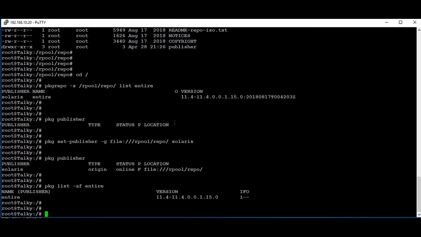So that's it, guys. Now we have an idea of how to build a repository in Solaris 11.4. In the next tutorial we are going to see how to upgrade the SRU in Solaris 11.4, and I am going to do the live upgrade of the SRU. If you have any doubt related to the repository rebuild or anything related to the repository, please comment on this video. I will check and clear the doubt accordingly.